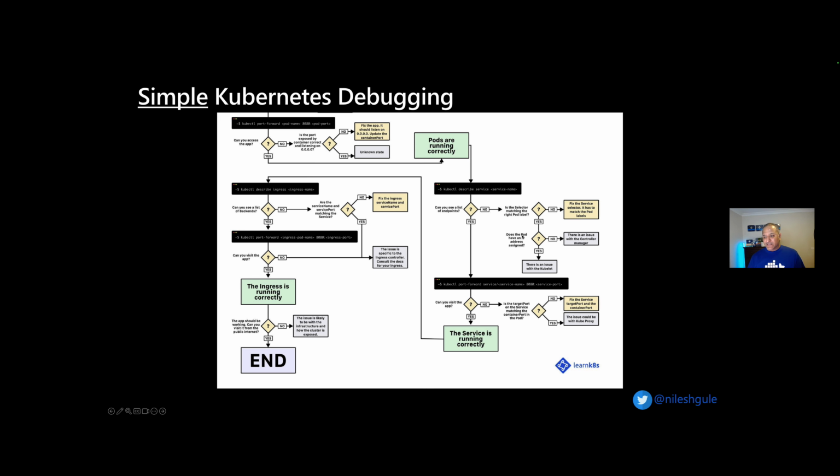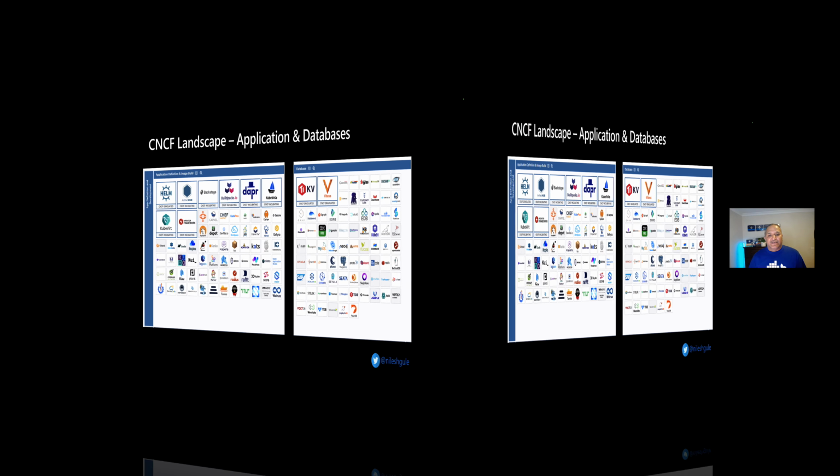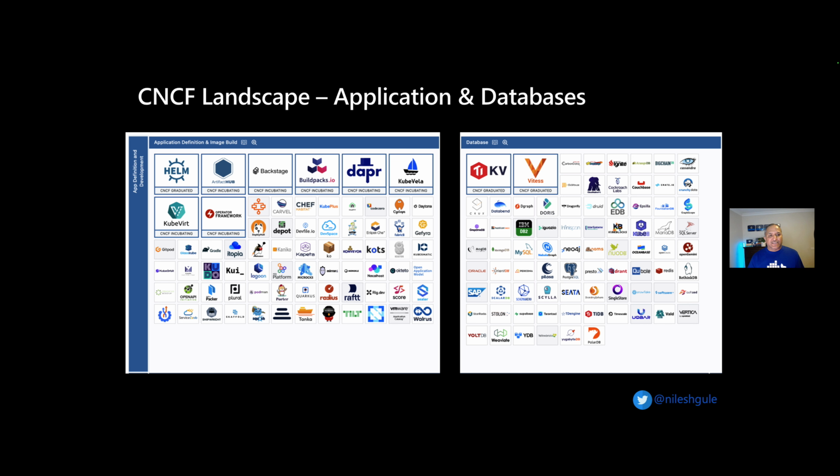Now, this is a very simple case, because this is one of the most common things we do when we start deploying applications onto a Kubernetes cluster using one of these high-level constructs like a deployment or a stateful set, and then using services to expose them. And as I was saying, it is not just about these objects. As we add more and more capabilities to our application, we start using more and more systems, applications, and tools